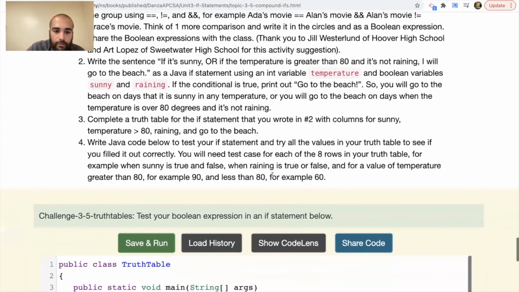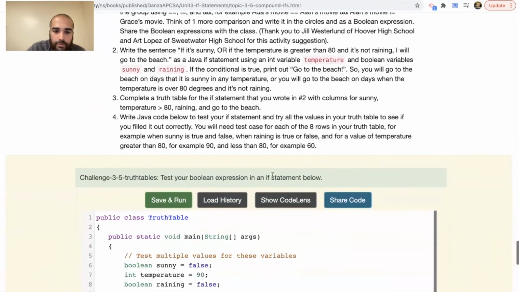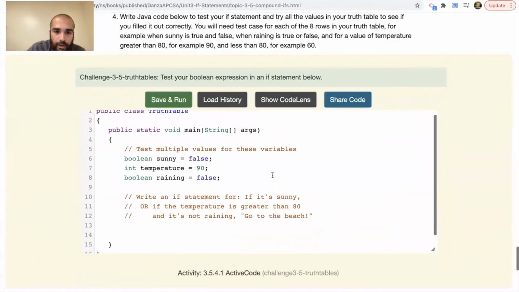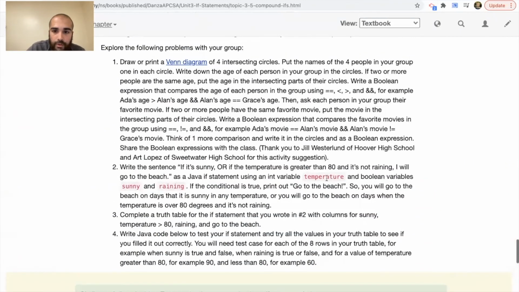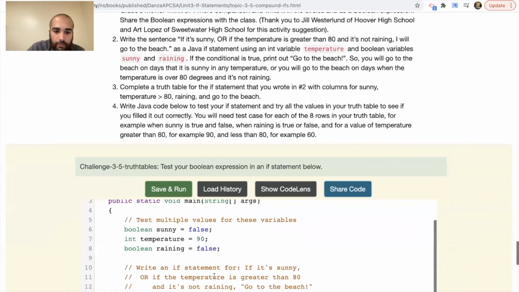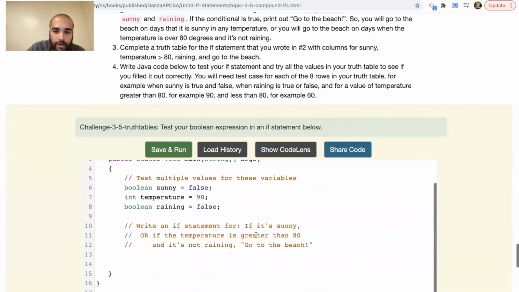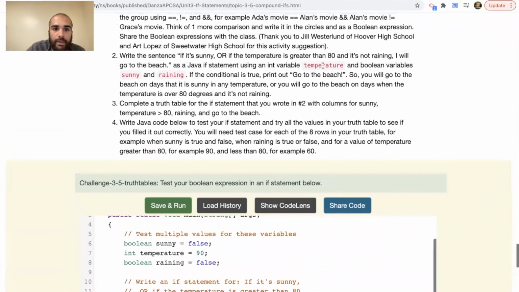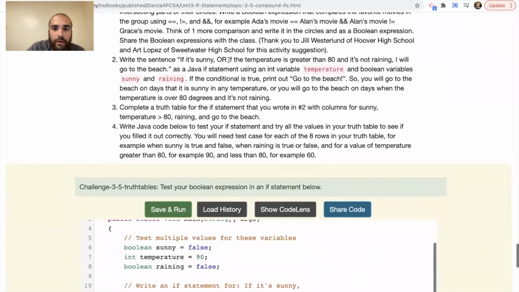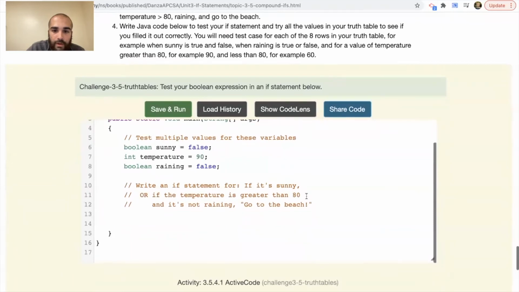All right, so let me just zoom out briefly here. Let me see what we have. So these are the variables: sunny, temperature, and raining. They already wrote those in there for me. It says write an if statement for if it's sunny or if temperature is greater than 80 and it's not raining. Then up here it says if the condition is true, print out go to the beach. Okay, so if it's sunny,